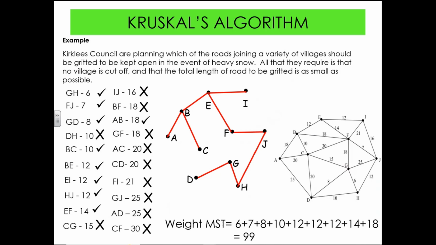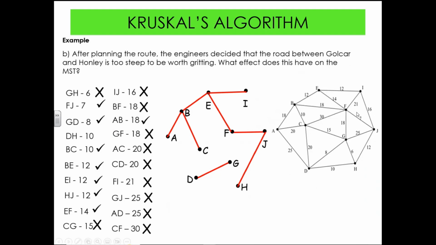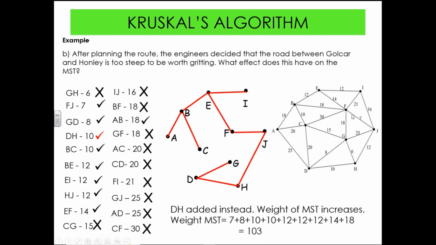Yeah. Well, you remove the 6. Yeah. And then you've got to see what's the shortest path to still get to H. It's 10. Yeah, to H, yeah. Yep, good. Shortest one to still join up H has to be adding in DH. That's fine once GH is gone. Yeah, so you'll be taking off 6, you'll be adding 10 on, it'll add 4 onto your minimum spanning tree. So your total weight will change from 90 to 94. It's difficult to prepare for those because they ask all sorts of random things, but think carefully about it and you should